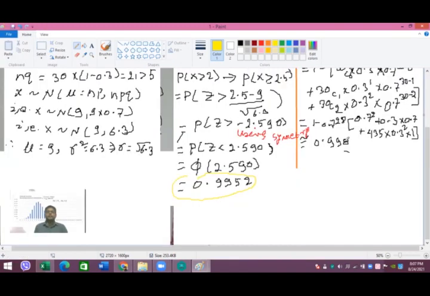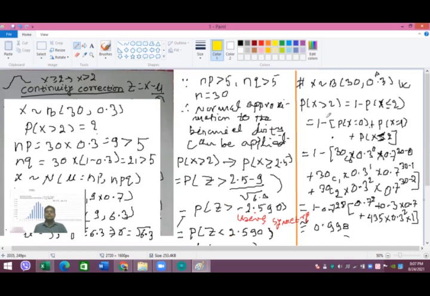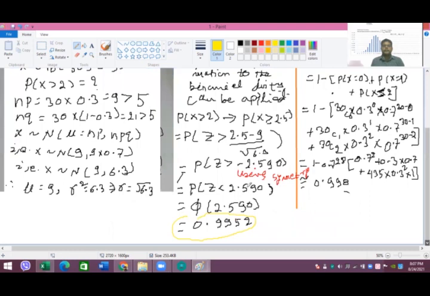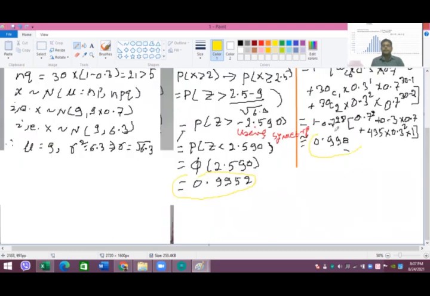Now you can see that this probability we have found by directly using the formula for the binomial distribution, and our answer is 0.998. But in this case, if you use the normal approximation to the binomial distribution, then your answer is slightly different, that is 0.9952. So if you compare these two values, up to 2 significant decimals our answer is the same, but